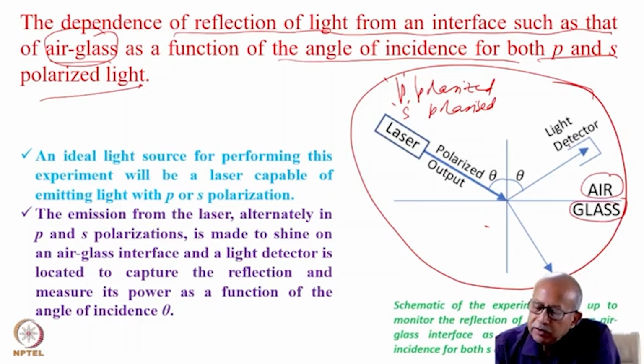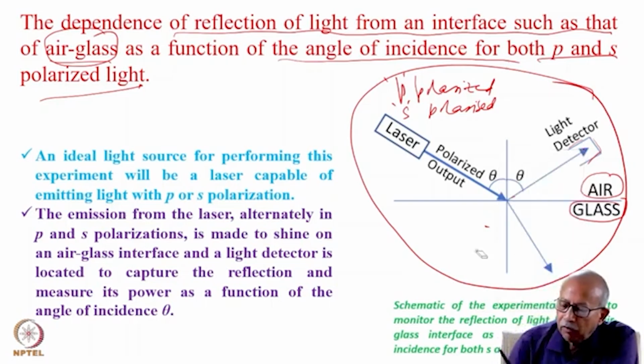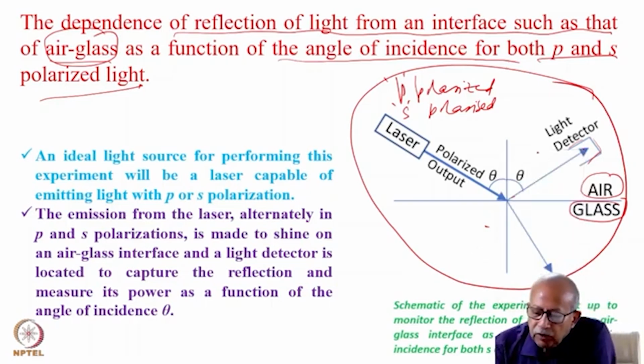And we place a detector appropriately so that it catches the reflected light. And the experiment basically involves measurement of the reflection as a function of the angle of incidence. So you change the angle of incidence, and accordingly you move this detector and catch the reflected light and measure